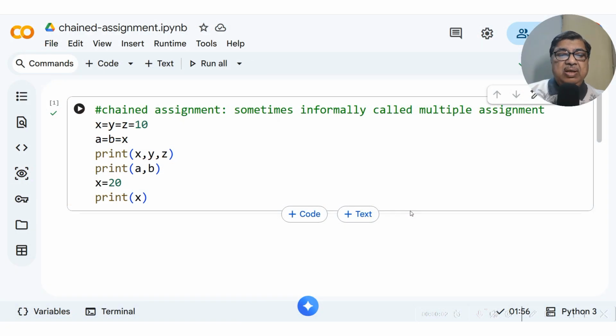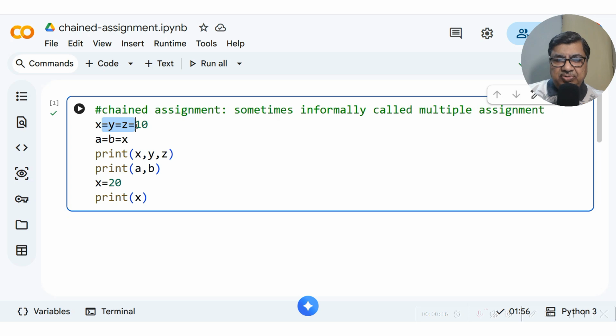Namaskar. Now I will tell you another important concept which looks similar and simpler but has some minor tricks. Using these kinds of equal signs continuously, we call it a chained assignment or assignment chain. Sometimes informally people call it multiple assignment also, but better we call it chained assignment.